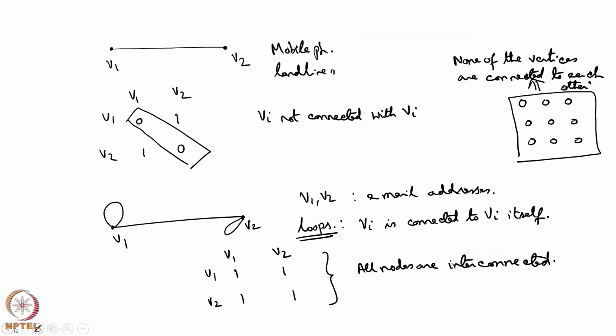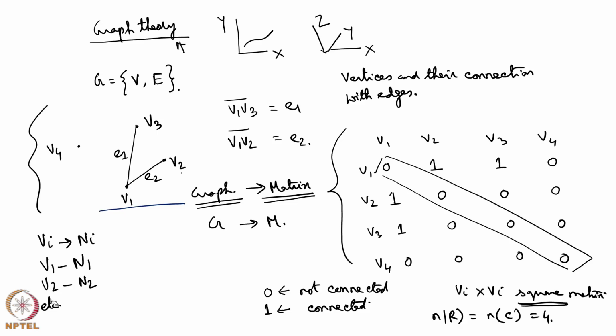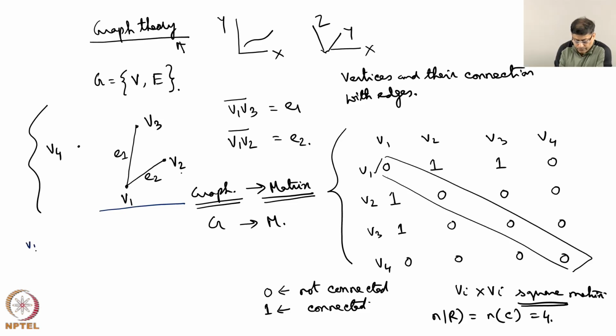We want to see another way of presentation in terms of a matrix. We can write the vertices V1, V2, V3 and V4, and here we can write E1 and E2. All the edges are written here, all the vertices are written here. Now, if they are connected, I will write 1, if they are not connected, I will write 0. V1 is connected with E1, so it is 1. V1 is connected with E2, so it is 1 here. Vi multiplied by Ei